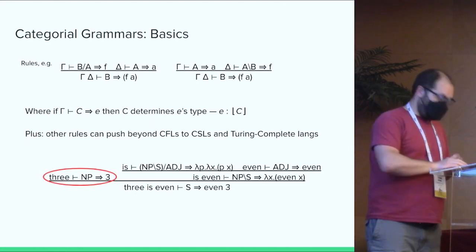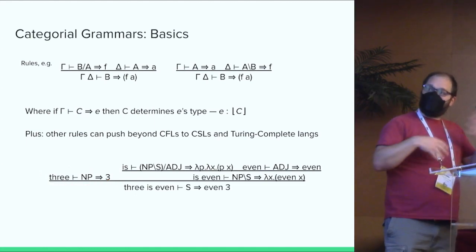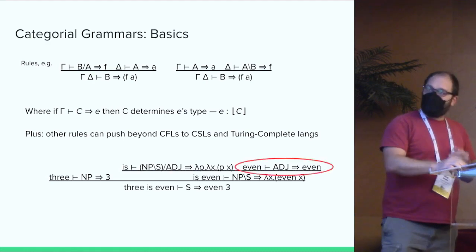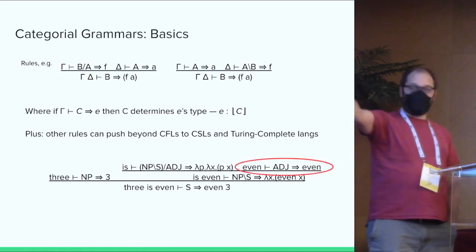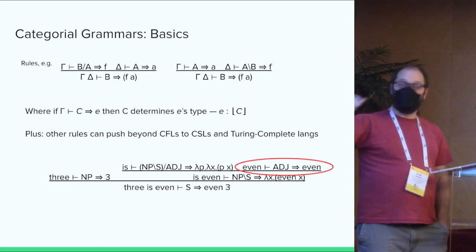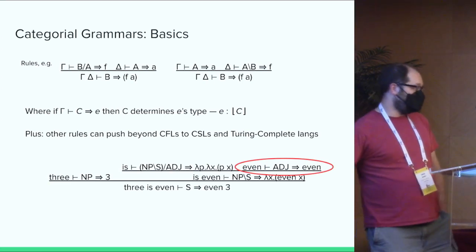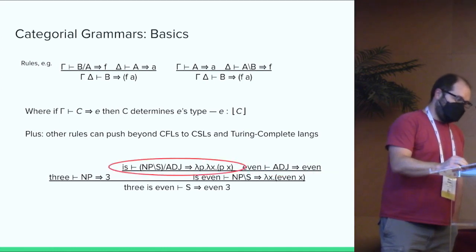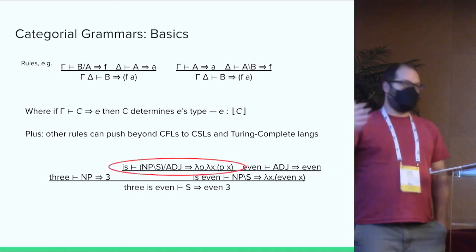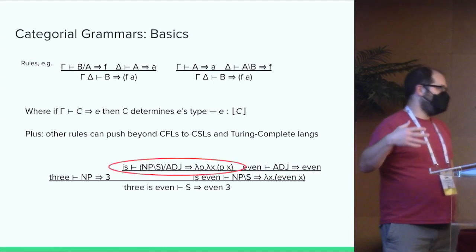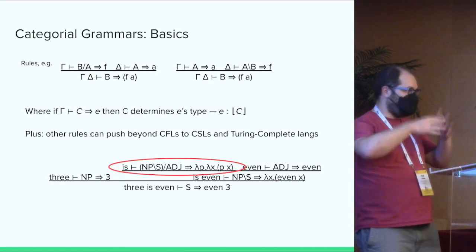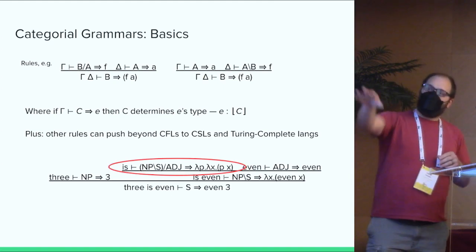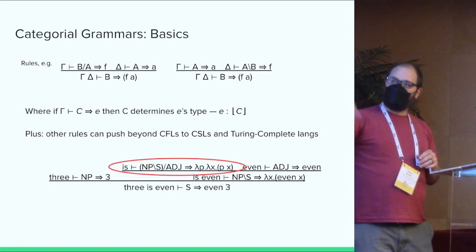We split the other half down again, and then we have to deal with is and even. So we'll do even because that's a little simpler. So even, we assume we have an entry that says, oh, it's an adjective, and its meaning is the mathematical predicate, even. And then we get to is, and this is where we start to get a little bit of a hint of why these grammatical categories can actually cover a wide range of different uses. So this type, this category for is,